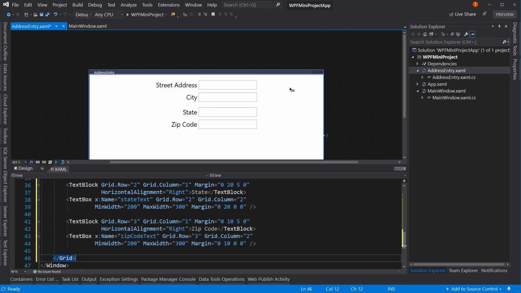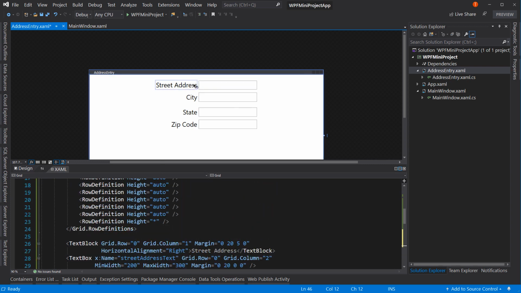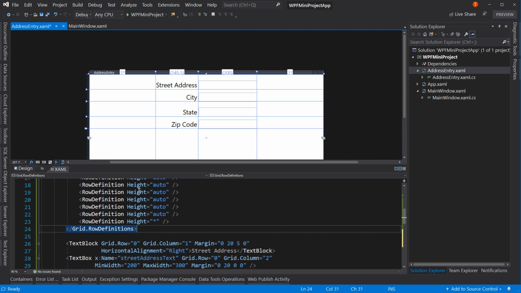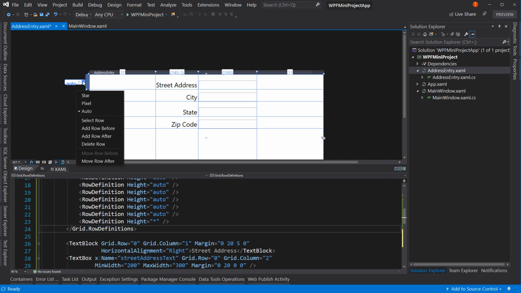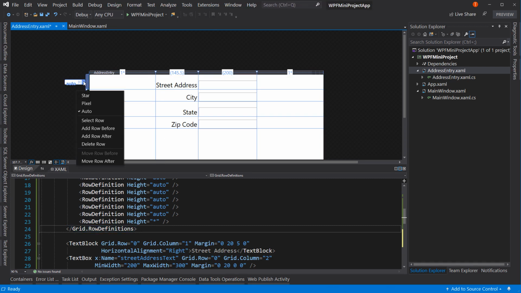And now we have our form pretty much like we had it on the previous WinForm project. But we're missing something. We're missing that big header at the top where it said address entry. So how do we get that inserted? So there's a little drop down over here. If I mouse over my grid, I'm selecting my grid right now. If I mouse over my grid and say this little drop down and say add row before,